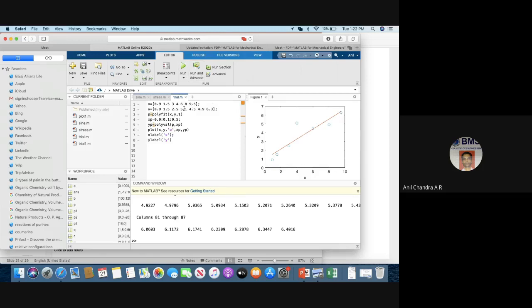Yeah. So what did it do? It took XY data and plotted it as zeros, that is this XY data, right? Then it fit an expression for that using the polyfit command. It fit a first order polynomial, and the coefficients of P were shown. I showed you somewhere here.